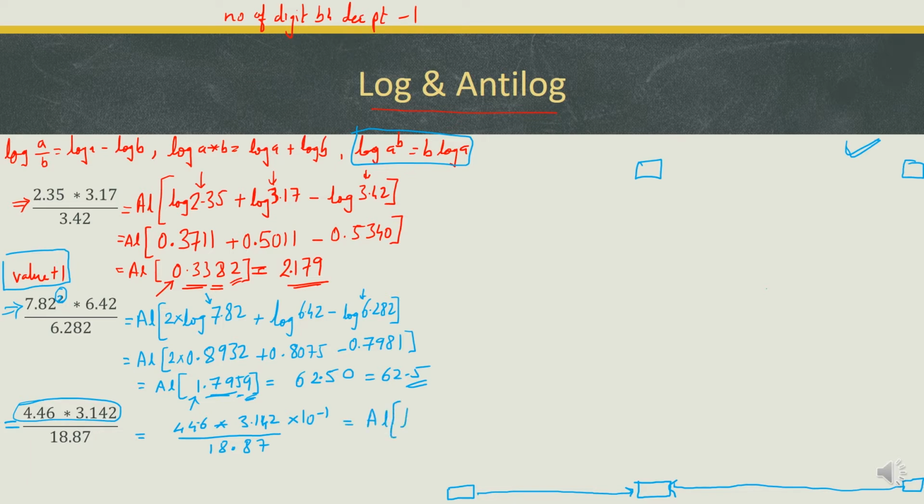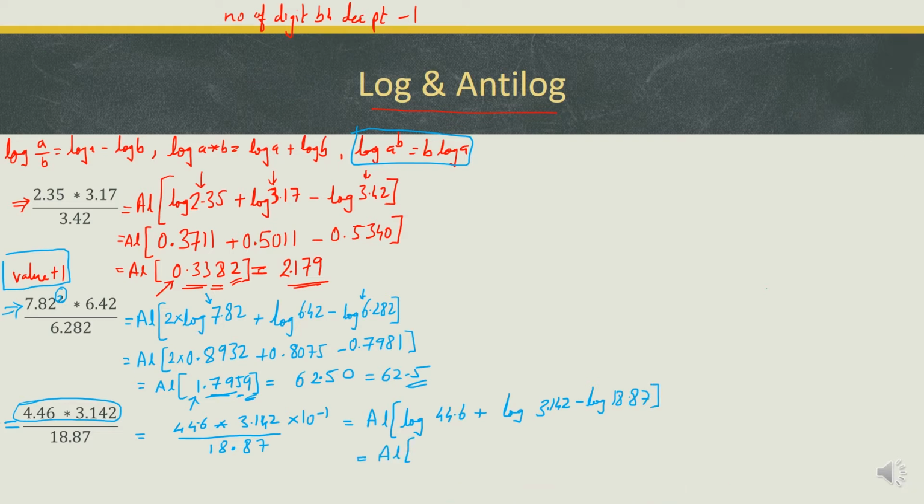So this can be written as antilog of log of 44.6 plus log of 3.142 minus log of 18.87. Now this I'll leave it to y'all to check from the table. Log of 44.6 will be 1.6493. Now when you look it from the table, you will get 6493. The reason we have written 1 over here is because we got 2 digits before the decimal point, and the number of digits is 2 minus 1, it is 1. So that is why we got